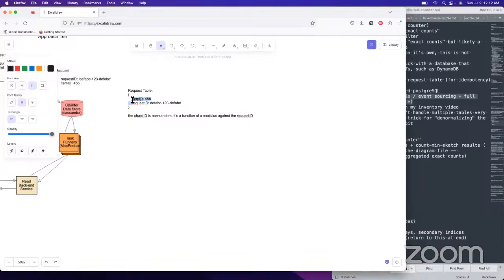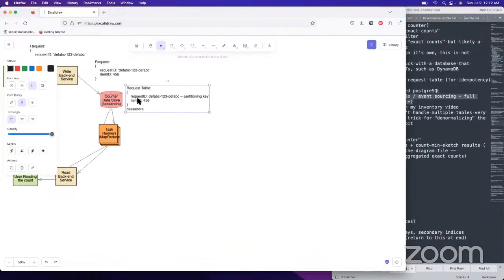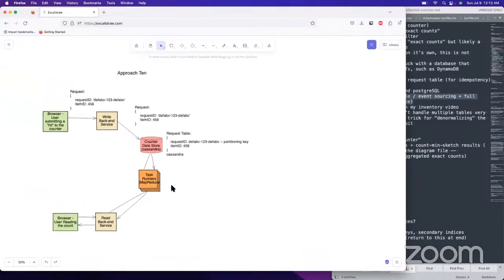You just partition it by the item ID as the machine key. And again, what we have here is Cassandra. Okay, that is approach 10.